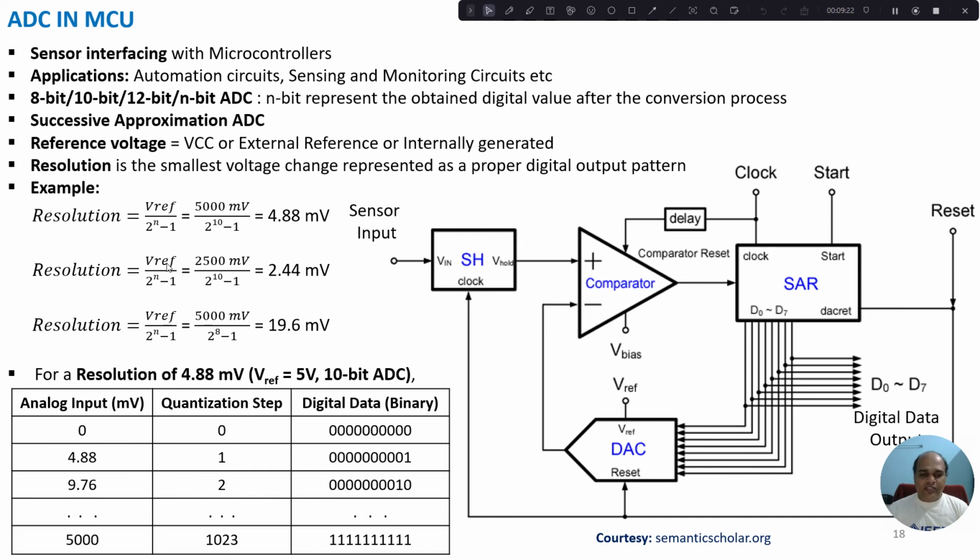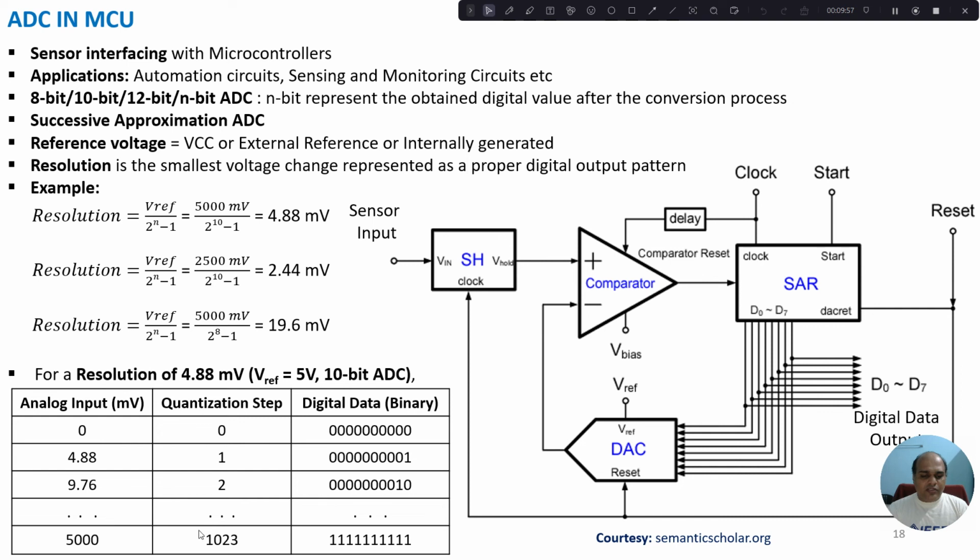If I change the n bit, we can also get different resolutions. One example I have given here is a reference voltage of 5 volt and n bit equal to 8. In that case, 5 volt divided by 2 power 8 minus 1 comes to 19.6 millivolt. So the smallest voltage change which can be represented as a proper binary bit pattern is 19.6 millivolt. As I keep going from 0 volt and increase the number of steps, the quantization steps,